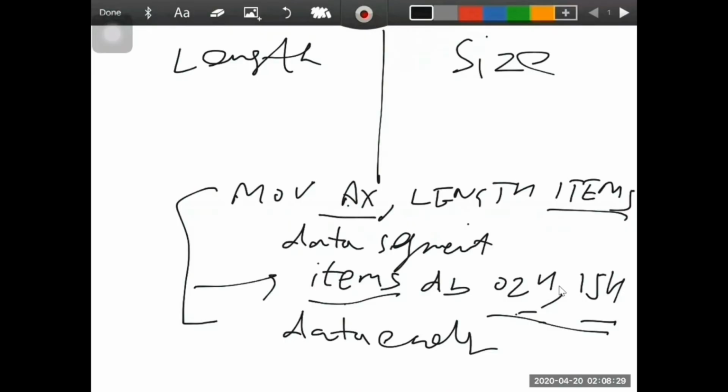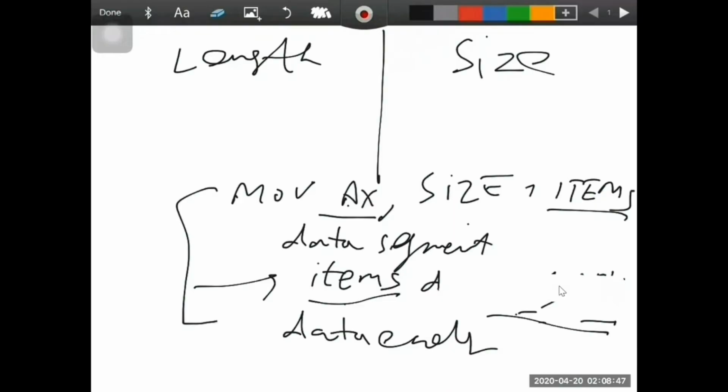Now see, if I replace this length with size, and here we are doing DW, define word, 2342H, 1234H.